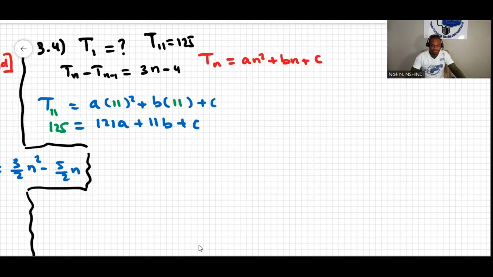We can call it equation 1. Now, what else can we do? We can also find Tn minus 1 here. If we substitute, because there must be a quadratic pattern, I know Tn will just be